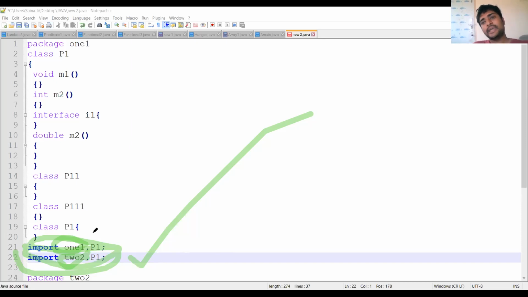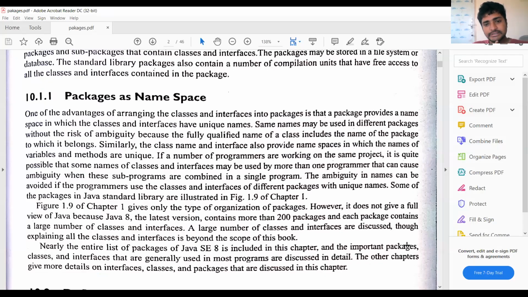That means package name dot class name. So two different packages can have the same name. So this is all about the namespace. Okay now? Any doubts in this?